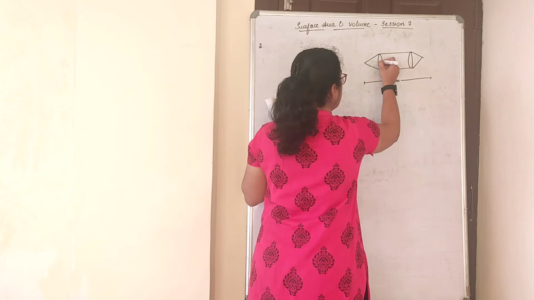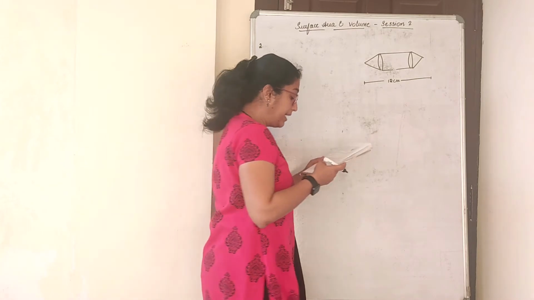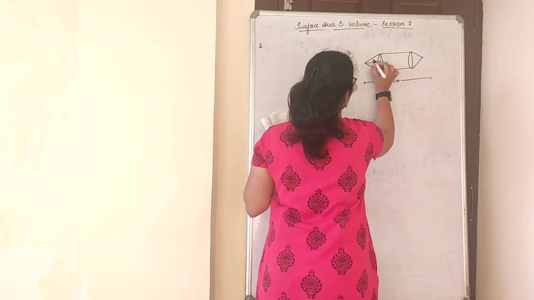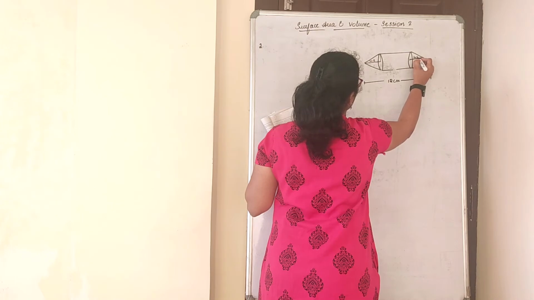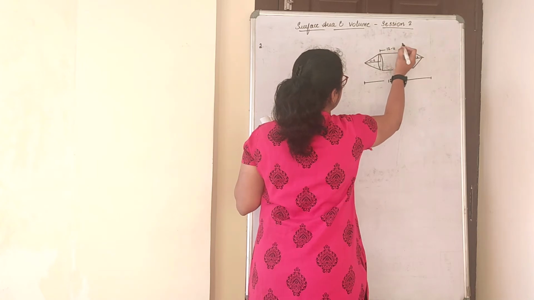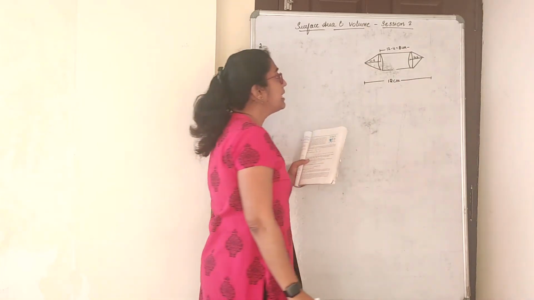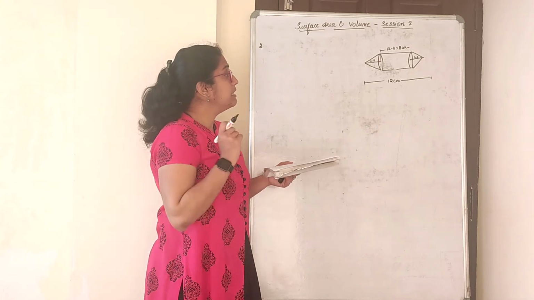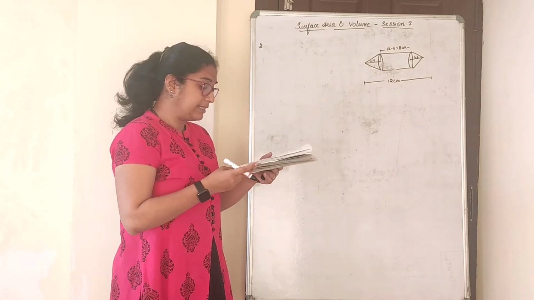Diameter is 3 by 2, so radius, you know what you have to find. If the cone has a height of 2 centimeter, this cone height is 2 centimeter. So what will be this measure, children? This will be 12 minus 4. Height of the cylinder will be 8 centimeter, right? Now you know height of the cylinder, radius of the cylinder, radius of the cone, height of the cone. Find the volume of the air contained in that model.